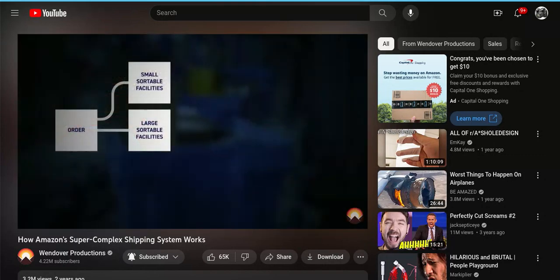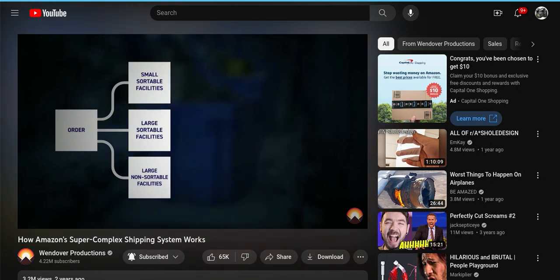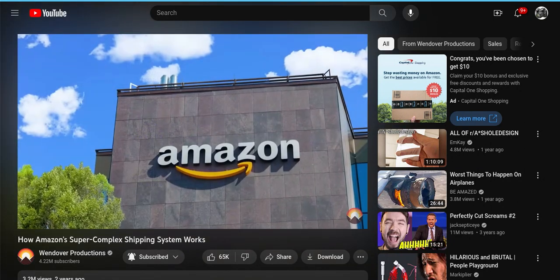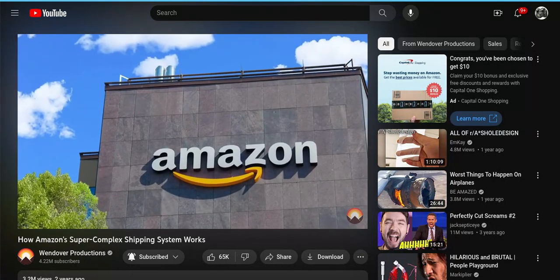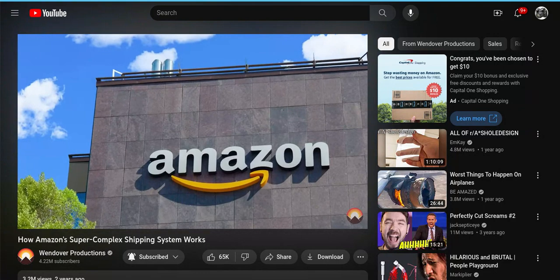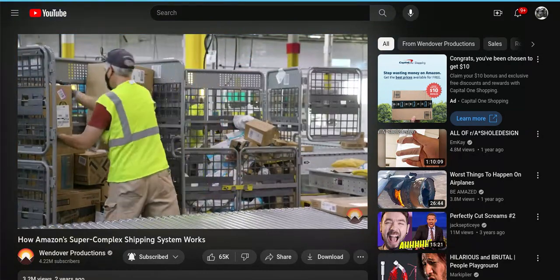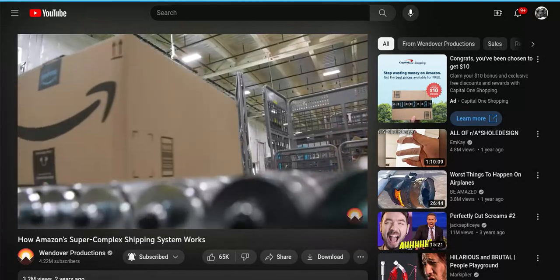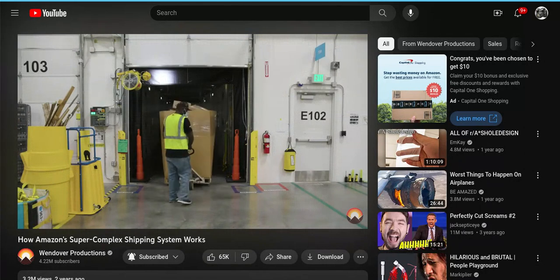Of course, there's then that third category of products: large, non-sortable. The distinction here is because Amazon likes to aggregate products together into as few packages as possible. Unsurprisingly, fewer packages equals lower costs. So both these sortable categories include anything that could possibly be packaged together in a single box. The largest items, say a 70-pound beanbag for example,